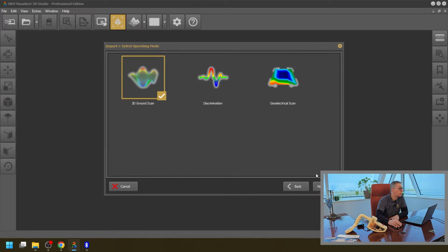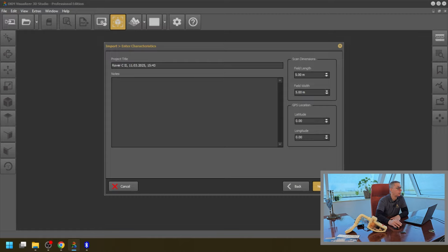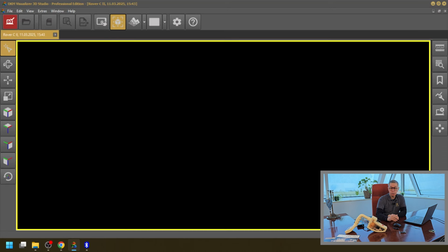I'm going to go ahead and click Next. Then we're going to have our ground scan come and be imported. Click on Next. Over here in the top left-hand corner of this box is our impulses and parallel mode. I'm going to go ahead and click next. Then we have the field length, the characteristics, what did you do in the scan, how was it, etc. I'm going to go ahead and click next, select the soil type, and then wait for the data to come